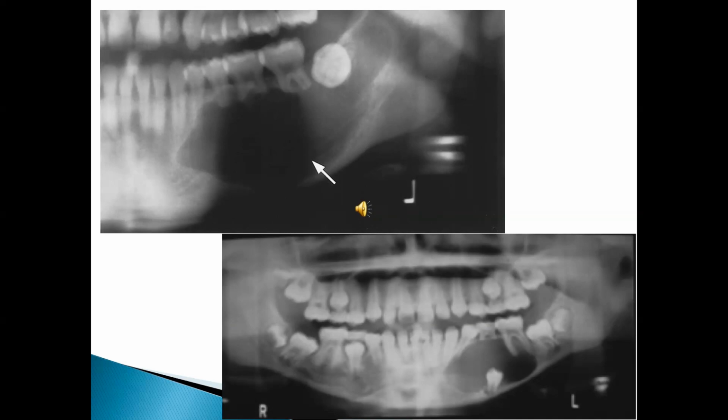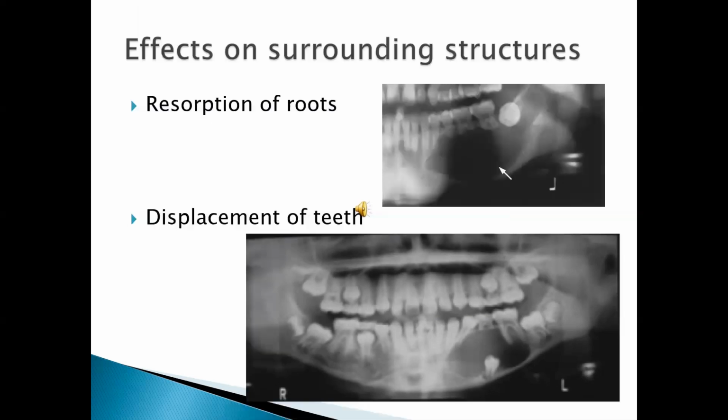Have a look at the second panoramic radiograph. You see that one of the premolars is displaced towards the base of the mandible. These are the effects a cyst or a tumor can cause to the normal structure surrounding it. This slide shows you the theoretical description which I was talking about in the previous slide. We have a few more slides to show the effects of a cyst or a tumor on the surrounding structure.